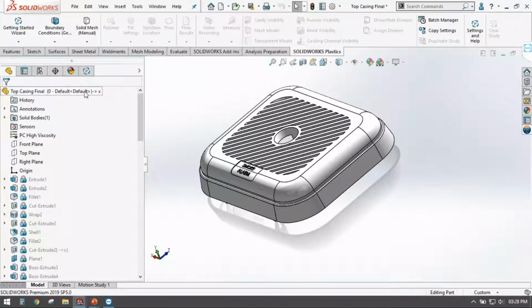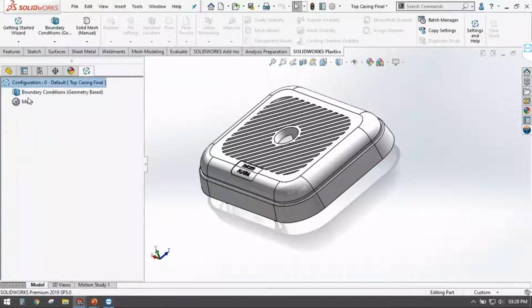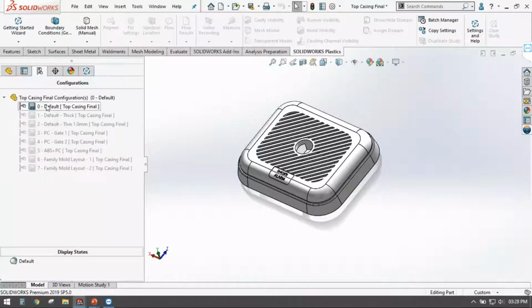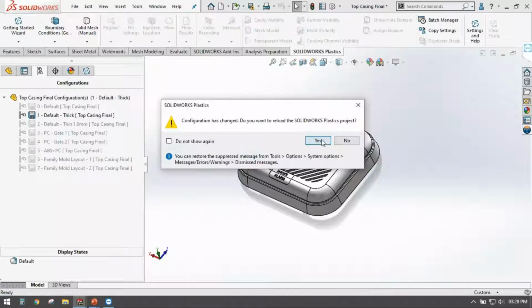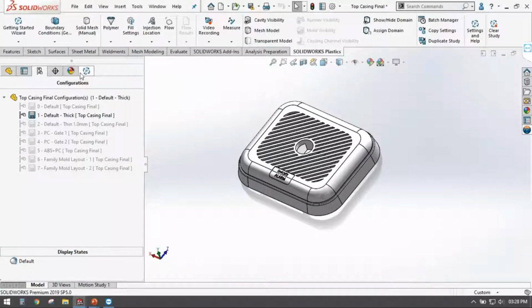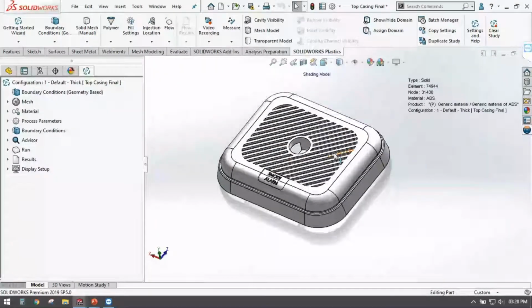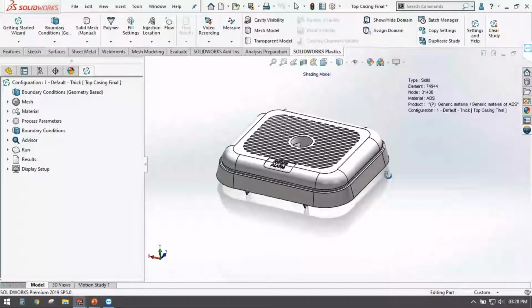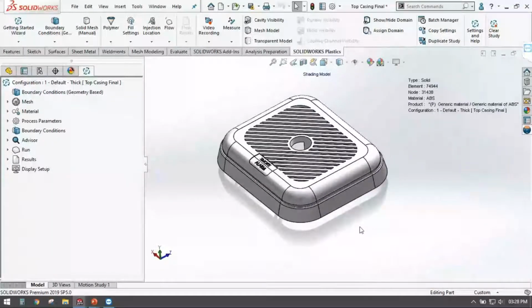So over here you can create your studies, right? So beforehand I have created a few studies, so let me just go ahead and showcase to you the different parameters that I have used to check this model, whether it is fit to be manufactured by injection molding method. So simultaneously you can create various studies in which there would be various parameters, like by changing the material, by changing the thickness, by changing the gate location, etc.